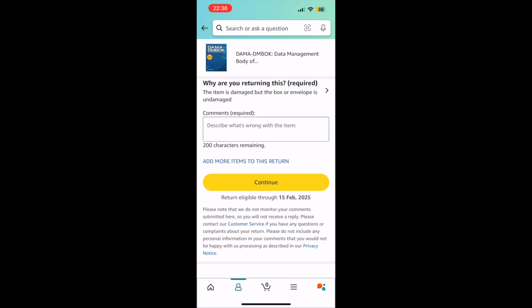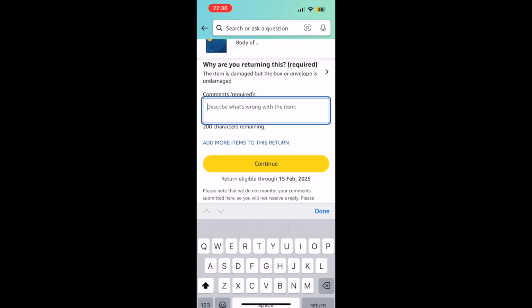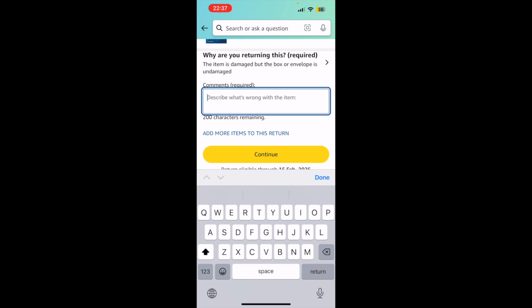Then go ahead and type in the comments as to what it was. So for me, it did not come as new and it was described as new. So I'll go ahead and type that in. Then once you've given the response, you want to go ahead and click on continue. Then once you click done on the continue part, essentially it will put you through to where the return will